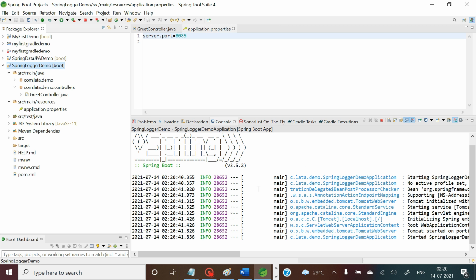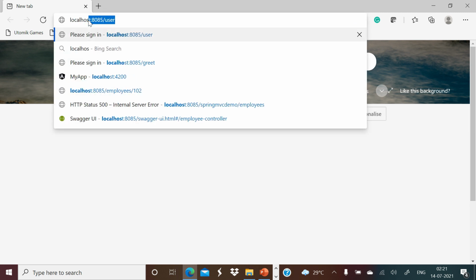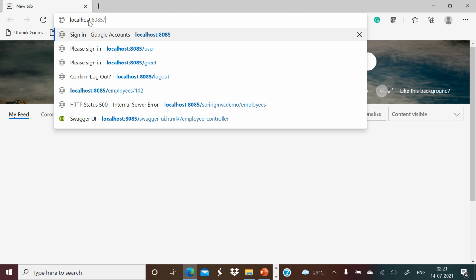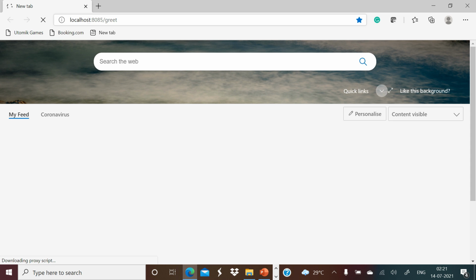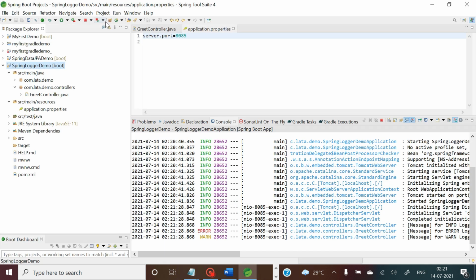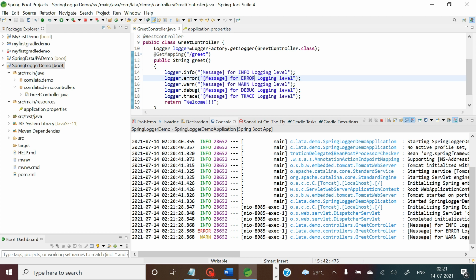And here you can see it is running well. Now I can open the browser, use the port number on which my application is running, and the URL mapping is greet. Because my REST API is working well, I'm supposed to get this welcome message over here. So this web service is working well. Let's see whether, when this handler method was called for the greet URL, some logging information is maintained on the console or not, because we did that for this method call.